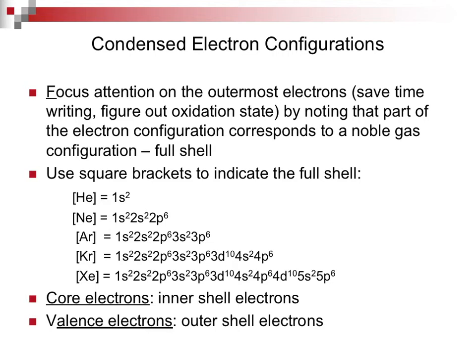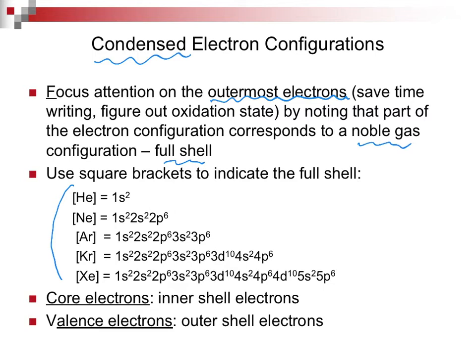Now, when we're writing electron configurations for elements that have many, many electrons, it would be very laborious and tedious. So what we do is we have what is called a condensed electron configuration. Because when we're going to be doing chemistry, we only want to know what's happening with those outermost electrons. And so whatever is a noble gas configuration, or called a full shell, we will put into brackets. Instead of writing everything that would stand for neon, I will instead write neon. And it goes all the way through the periodic table.